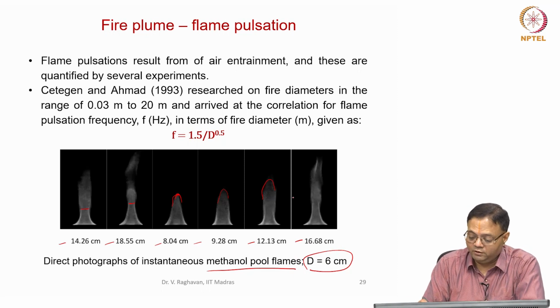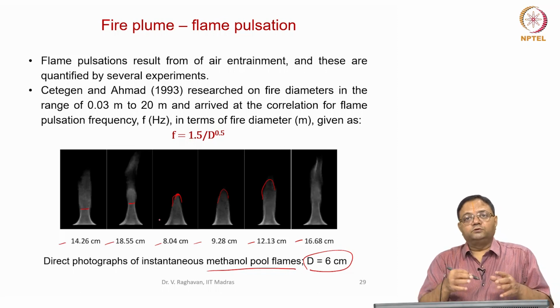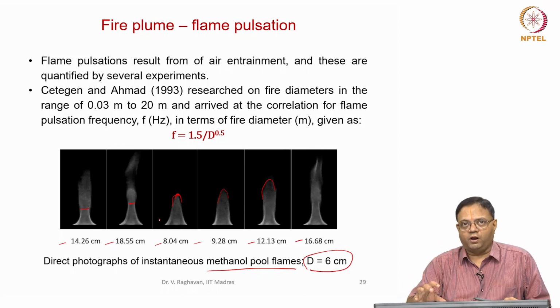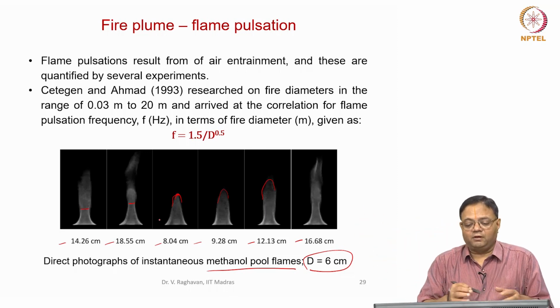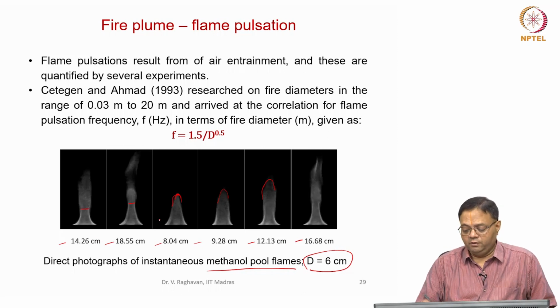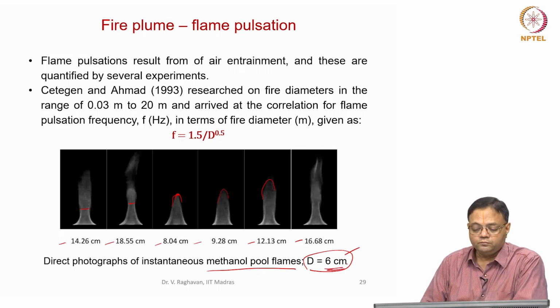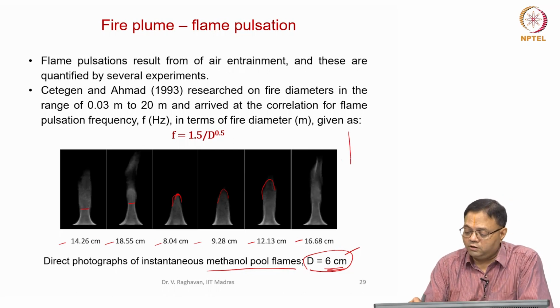So between these two, this cycle will be complete. We can see the growth, the shedding off of the flame tip, the formation of a smaller flame, and its growth to again a bigger flame, and so on, is observed in several experiments. Basically, this is a case where the flow is not much turbulent because the diameter is about 6 centimeters. Now, that means when you plot HF versus T, there is oscillation,